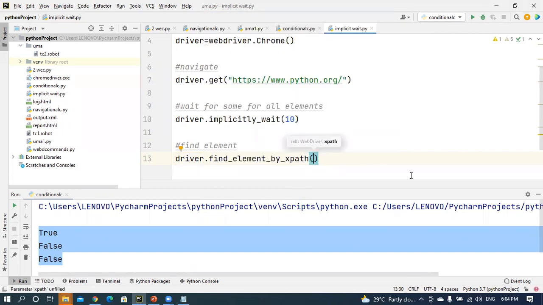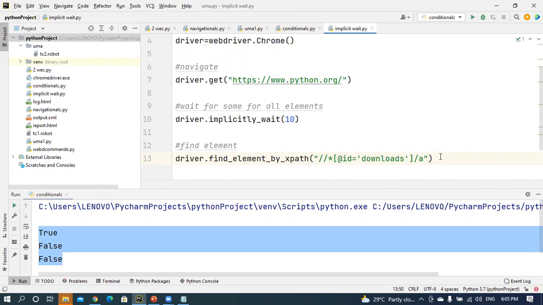I am taking the XPath. Here I am passing the XPath. What is the problem here? There is a double quotation, and that's why it is showing a red mark. You have to convert the double quotation into a single quotation, because I already applied double quotation. Okay, driver dot XPath, I identify this particular element.